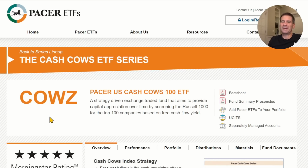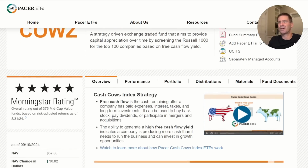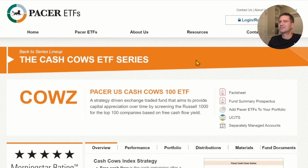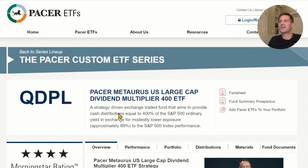So before we do jump into QDPL, COWS, it's a real thing. It's the Pacer US Cash Cows 100 ETF. It's a 5-star Morningstar rating, and it is probably their most popular ETF. So you can check this one out as well if you're not familiar with Pacer ETFs. So yeah, that's COWS. It is a real thing, but we're focused on QDPL, which is quadruple the dividends of